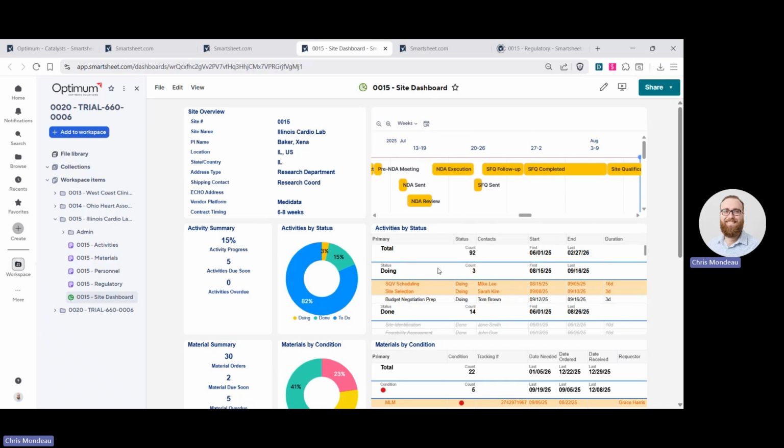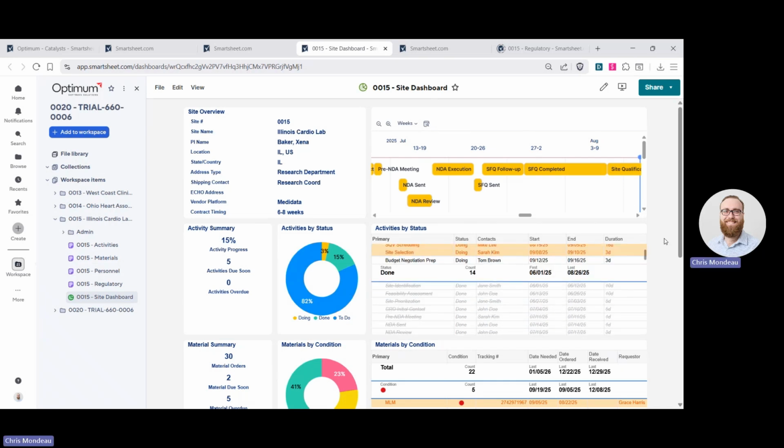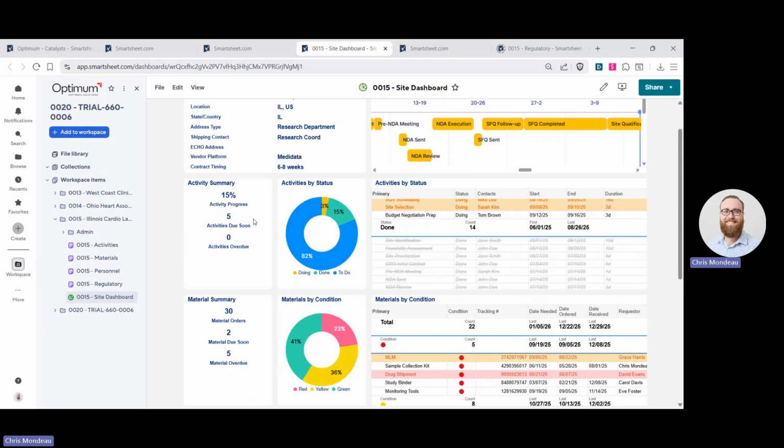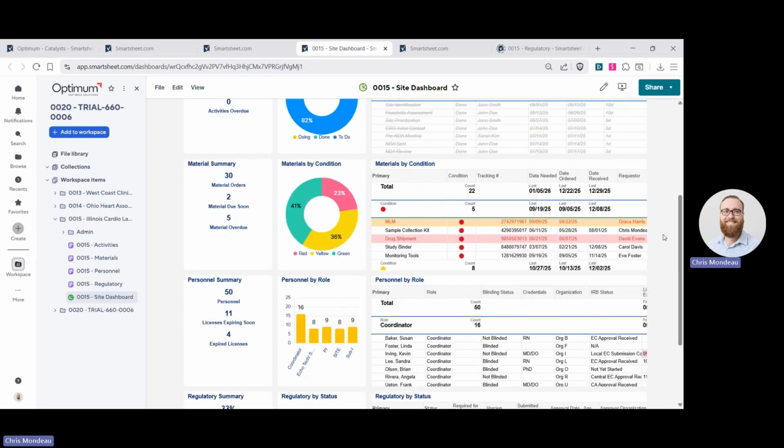experience. And again, following similar trends, where you give some major KPIs, things you want to track, how is progress being made? Is there anything upcoming or past due? Grouping those by those general categories. Things like materials would be tracking things like the lab kits, or maybe it's specific documents that need to be ready, or equipment for those sites. We can let you know if they've arrived on time or in good condition, if you need to send